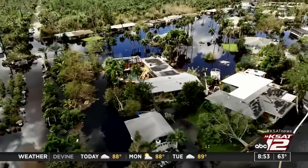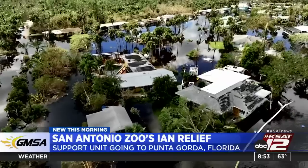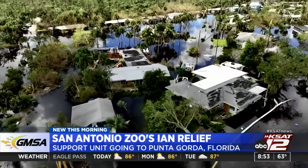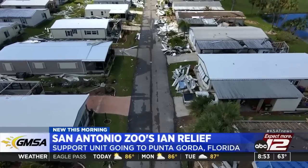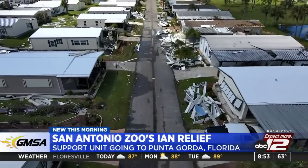Yes, sir. So we're looking to render aid for a facility in Punta Gorda. We have packed up basically everything we think we need. We've got electricians, welders, and carpenters. Our main goal is to bring extra resources like fuel and water that are getting harder to get a hold of. And then basically at this point, we're just looking to render aid the best we can for the folks that need it,